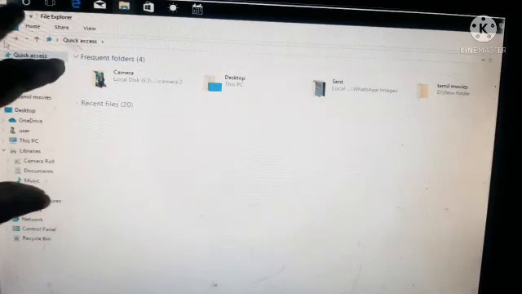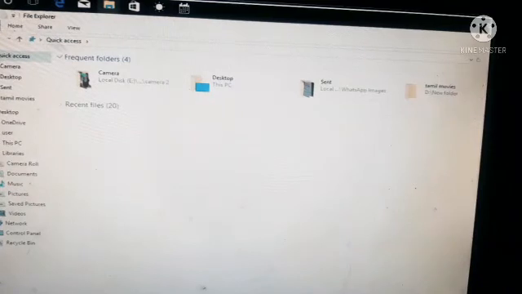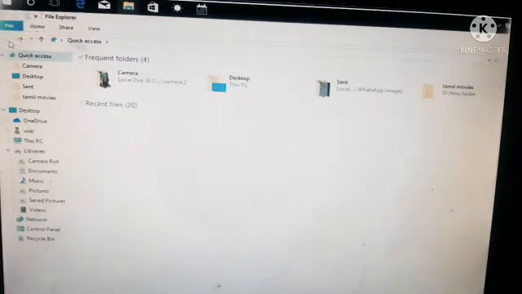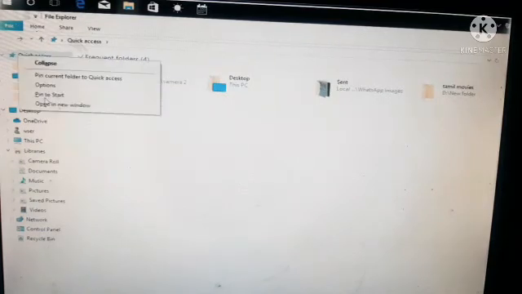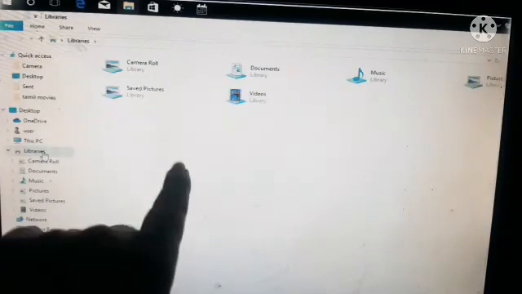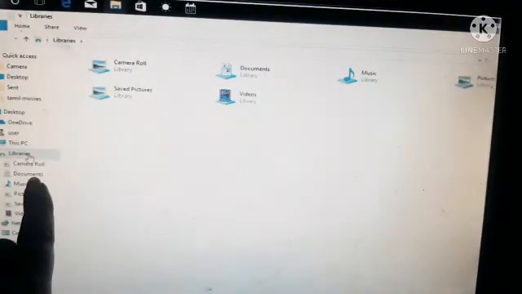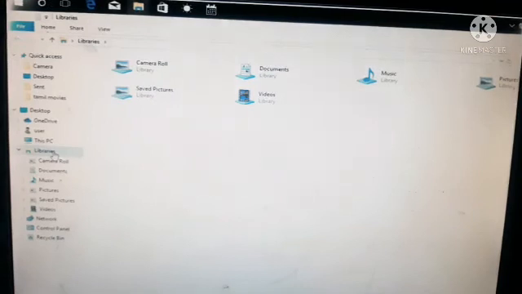File Explorer consists of two panes, that is navigation pane and content pane. In the navigation pane we have to choose the library. So this is the navigation pane. We can have the library here. If you click on the library, the content present inside the library will open in the content pane. What is present in the library will be displayed on the content pane.